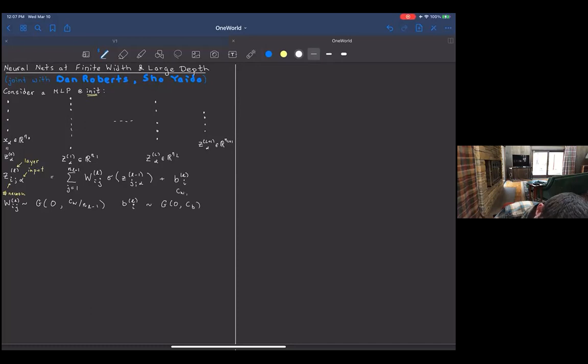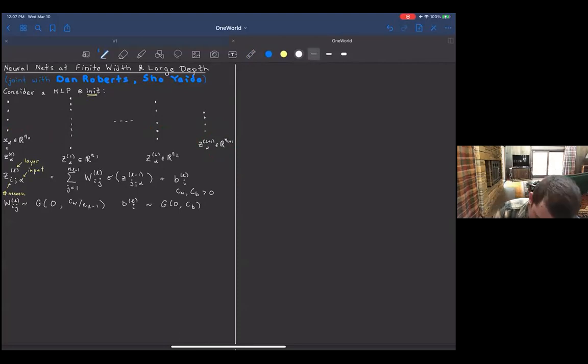Okay, so CW and CB are just some model parameters, and I'm going to tell you the significance of them in just a bit. Whatever this is, it's just a stochastic process. It's a vector-valued stochastic process. That's the output that I get of the network. It's built up in this recursive way where each time I apply a random affine transformation and then apply my nonlinearity sigma to every component of the vector in each layer.